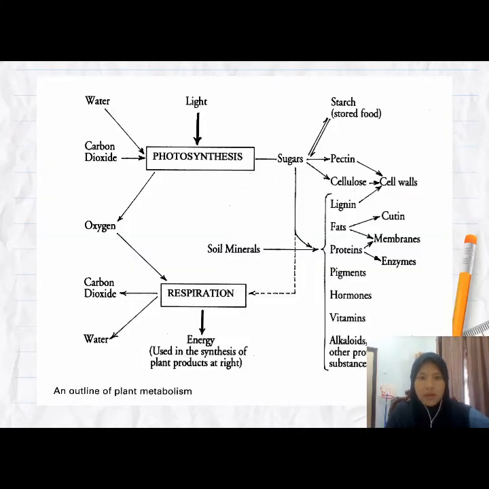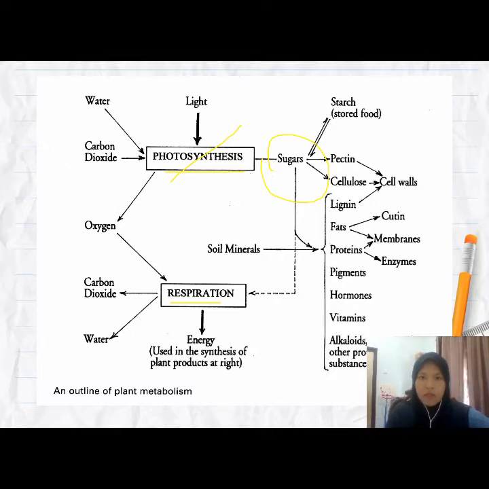Okay, so this is a figure that outlines the plant metabolism, and as mentioned tadi kan, plant metabolism tu all the normal processes inside the plants. For example, we have this photosynthesis, and then we have this respiration. Okay, so contohnya photosynthesis tadi, it will produce some sugar, okay, in terms of the glucose. So this sugar will be used for different